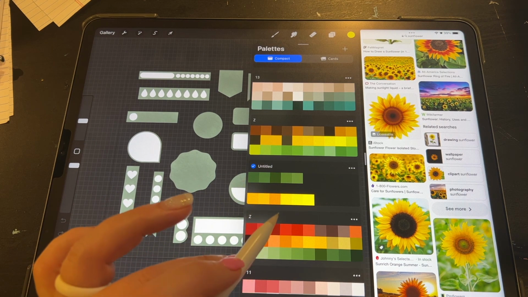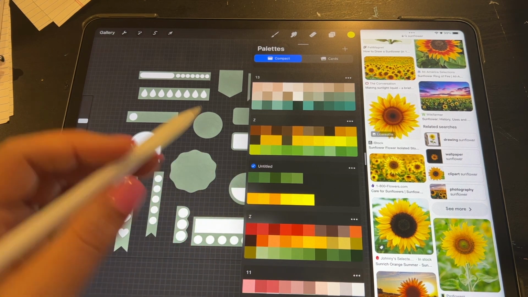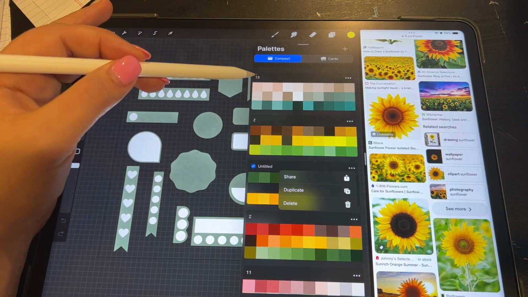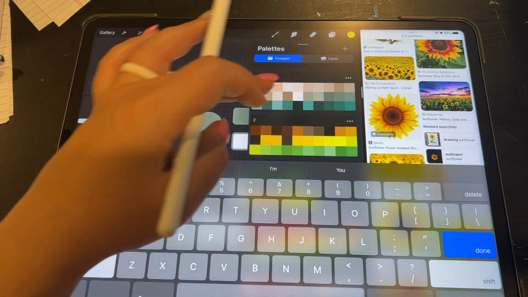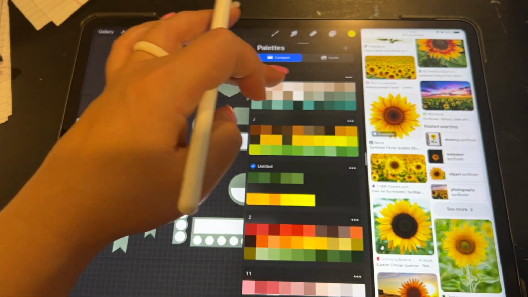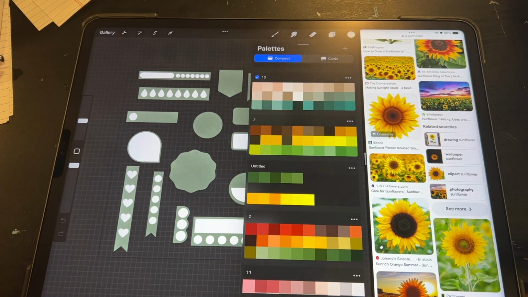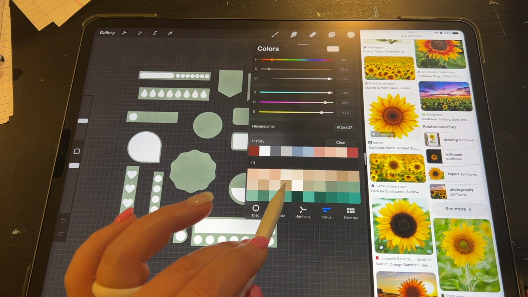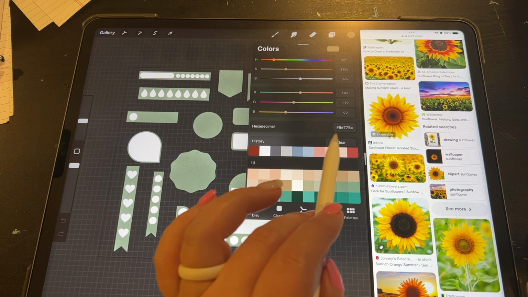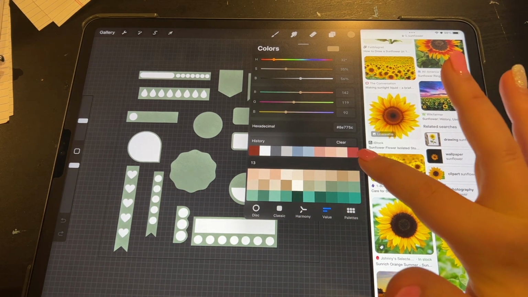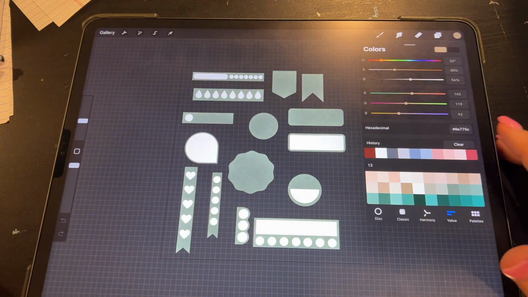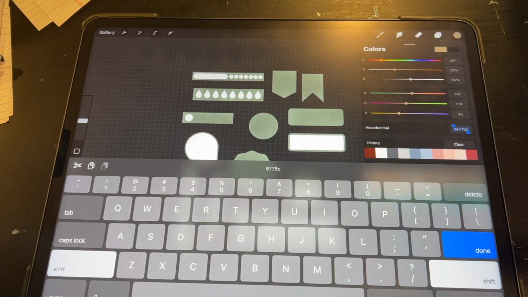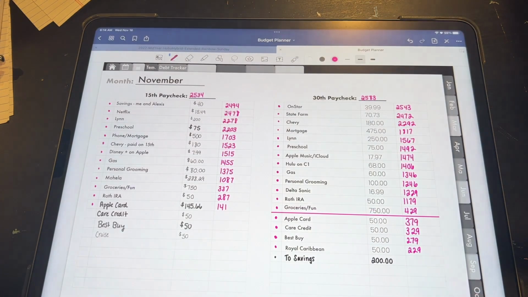Now, to get the hex code for this, you can see that this palette is the one that is selected right now. I'm just going to select this other one right here instead. All right, so I just clicked on it somewhere, and I'm going to go to the value. Now, if I select a color, like this one, you can see that my hex code changes. And for an app like GoodNotes, I can double click that, and click copy. And then I can go over to my GoodNotes app,